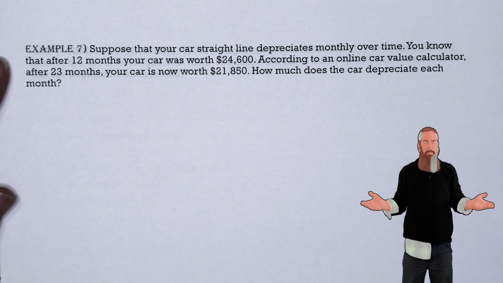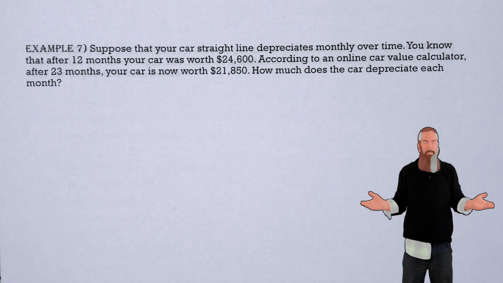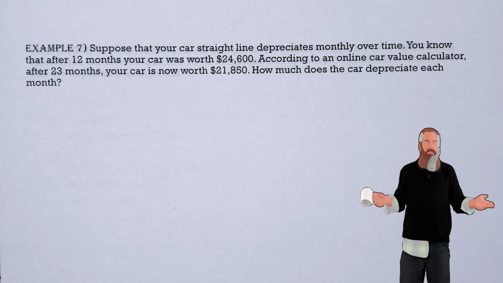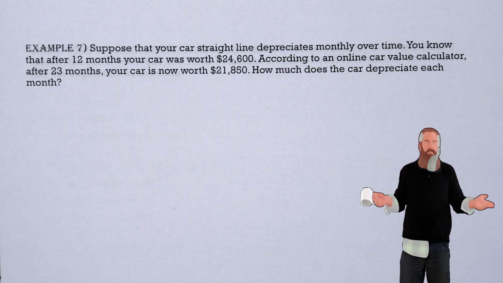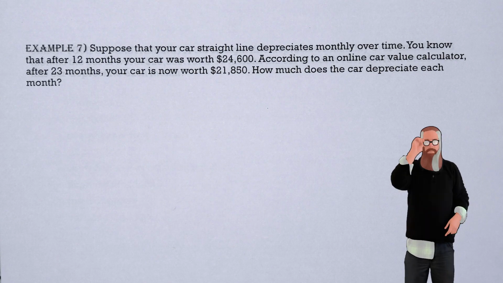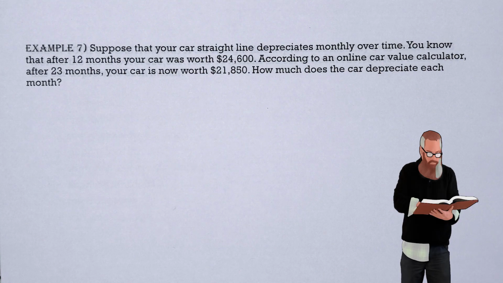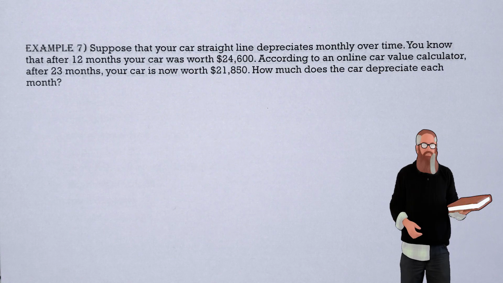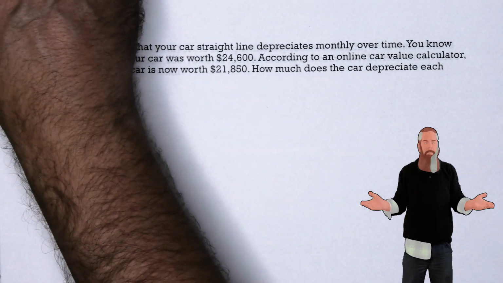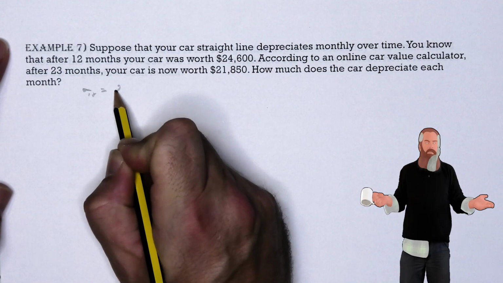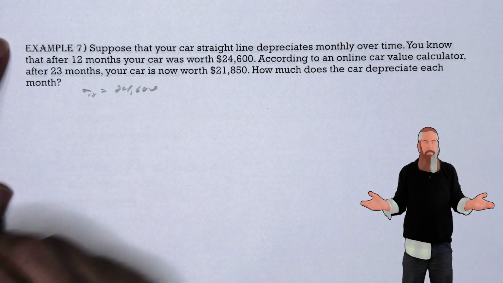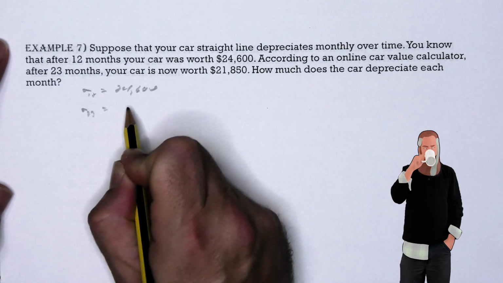The problem can be modeled using an arithmetic sequence. Recall from our section on banking services that an arithmetic sequence is a progression in which any two consecutive numbers have a common difference. If you were to list the car values as a sequence, the common difference would be represented by the monthly depreciation amount. The term A sub 12 represents the car value at 12 months, and A sub 23 represents the car value at 23 months. Let A sub 12 equal 24,600